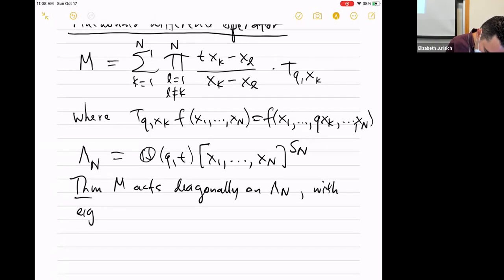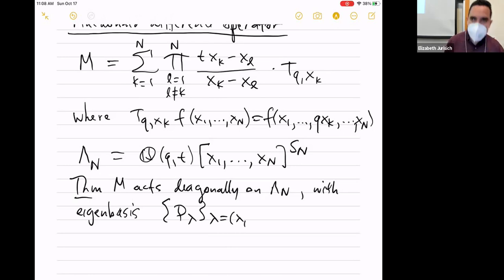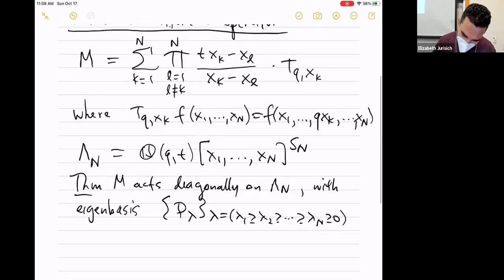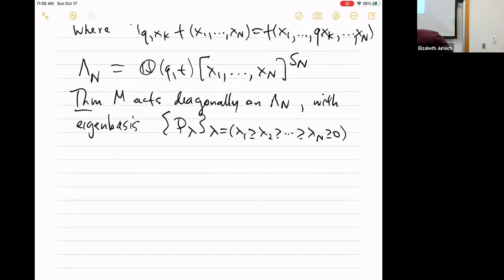With eigenbasis P_lambda. So if you've worked with symmetric polynomials, you know that any of the natural bases are indexed by partitions. Okay, so the index here is a partition, an integer partition with at most n parts. And these polynomials, if you just say that you have an eigenbasis, it's not determined uniquely. So they're made unique by making them monic, such that